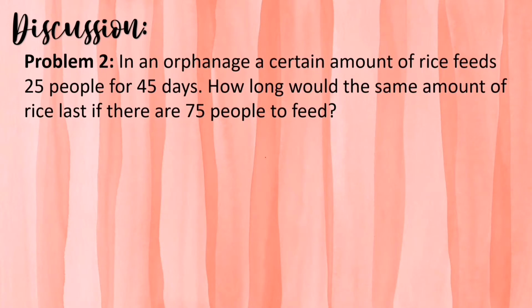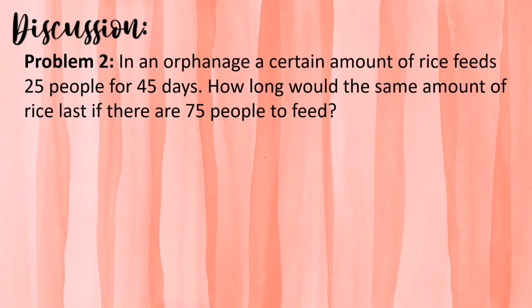Problem number 2. In an orphanage, a certain amount of rice feeds 25 people for 45 days. How long would the same amount of rice last if there are 75 people to feed? So this is another type of proportion problem. As the number of people to be fed increases, the number of days the rice lasts will